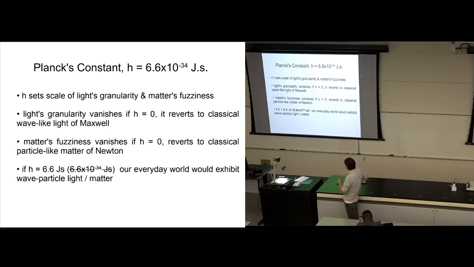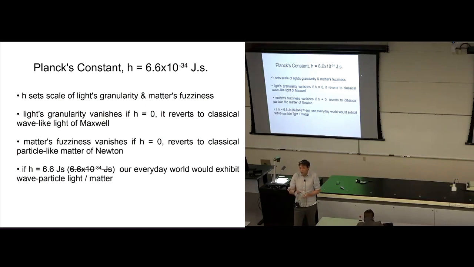Supposing you could go into nature and change Planck's constant. Planck's constant is about 6 times 10 to the minus 34 joule seconds. That's roughly what it is. It's about 10 to the minus 15 electron volt seconds. That's the value it is in nature. But supposing I could go in and turn it down and down and down, make it smaller and smaller, and make it 0. If I made Planck's constant 0, then